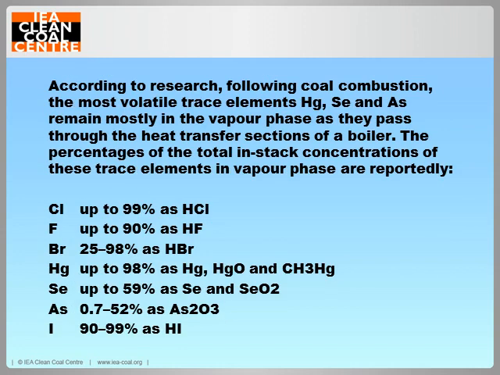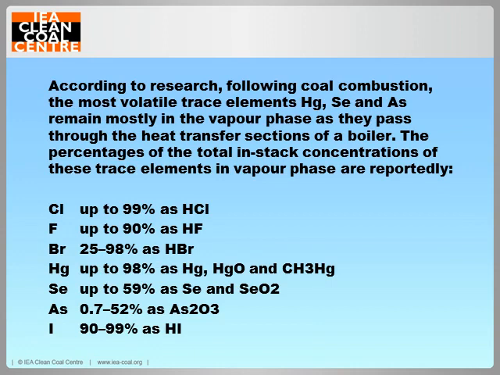According to research, following coal combustion, the most volatile trace elements, mercury, selenium, and arsenic, remain mostly in the vapor phase as they pass through the heat transfer section of a boiler. The percentages of the total in-stack concentrations of these trace elements in vapor phase are reportedly chlorine up to 99% as hydrogen chloride or hydrochloric acid, fluorine up to 90% as hydrogen fluoride or hydrofluoric acid, bromine about 25 to